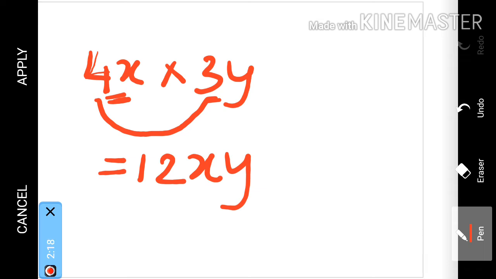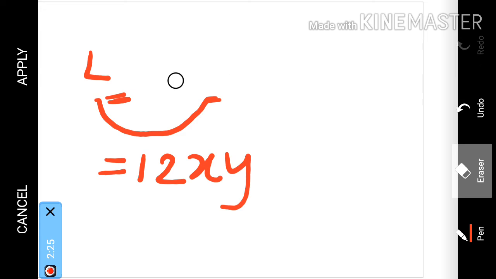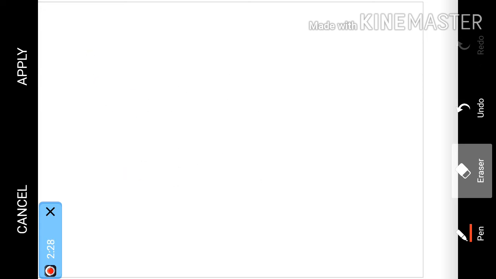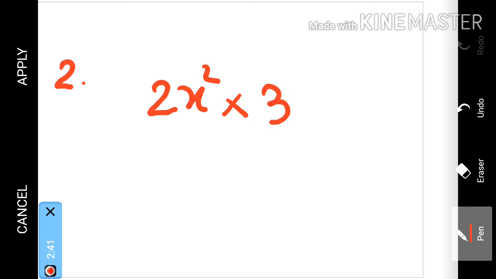Let us take another example. We'll take three examples so that you will understand it a little better. Fine? Okay. Let's take one more example. The second example is 2x squared into 3xy square. Children, I have taken this on my own. You need not worry about it. We will learn from it.